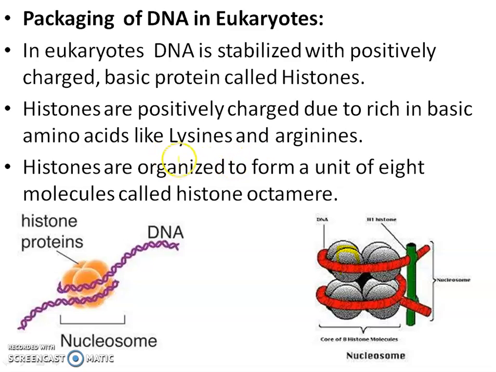Now you see here, these 4 histone proteins are up, and these 4 histone proteins are below. Now this constitutes one nucleosome, with 8 histone proteins. This red colored rope-like structure which winds is the DNA. This DNA is wound around the histone proteins in 2 circles. The first round is complete, but the second round is 3/4. So we say that it takes 1 3/4 rounds, and it forms one nucleosome.